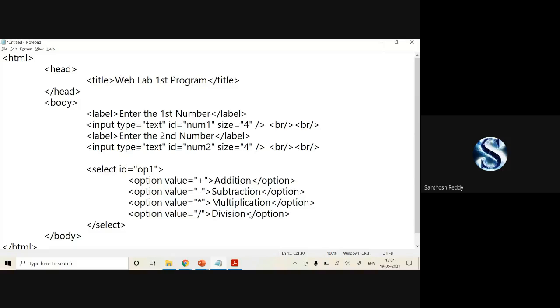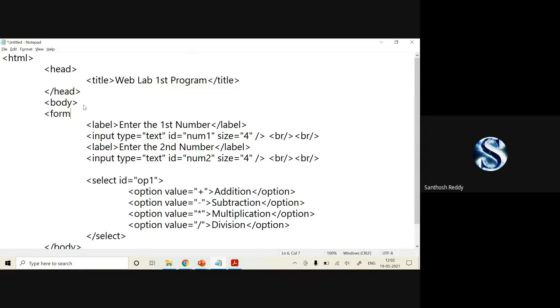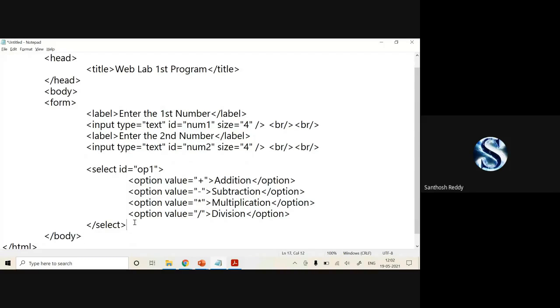That's it. As per the norms, I have generated 2 text boxes and 1 drop-down box. Now I have to generate 1 submit button. All these things have to be embedded within the form. Not even a single person has identified that the form has not been written. Now select is done.